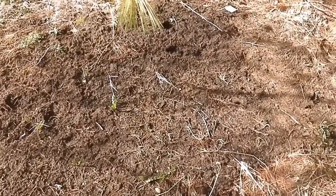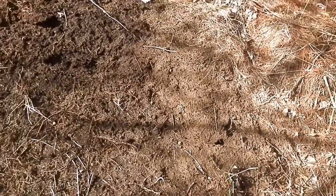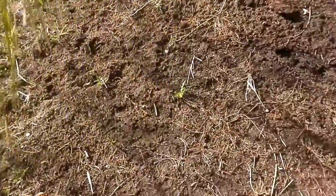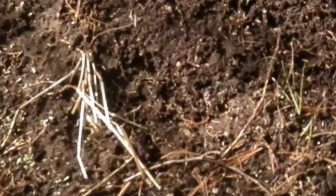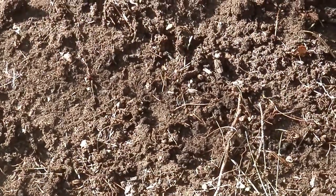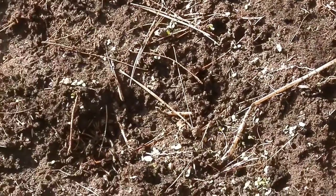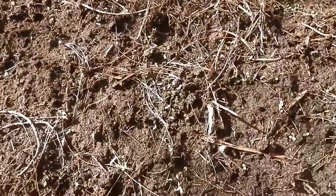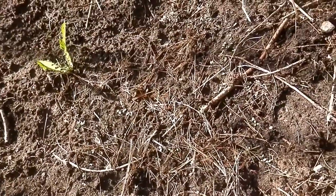So even though it looks like an animal managed to tromp up through here, tracks up that side and tracks up this side, our lettuce seems to have survived and is starting to come up. I don't know if the camera will pick that up or not. I'll see if I can get in a little closer without stepping on anything. But it's coming up. At least I hope that's the lettuce coming up,